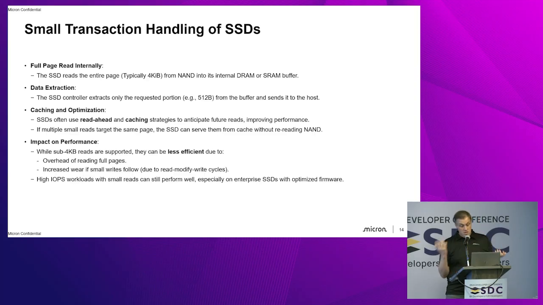And then I kind of alluded to this, but there are controller limitations. Since they're designed to do 4K transactions, that's generally your top IOPS number. Most of the time, your controller is not going to do more IOPS just because you do a smaller transaction to it. So going down to 512 byte transactions, your Gen 5 controller is still going to do about 3 million transactions a second, not